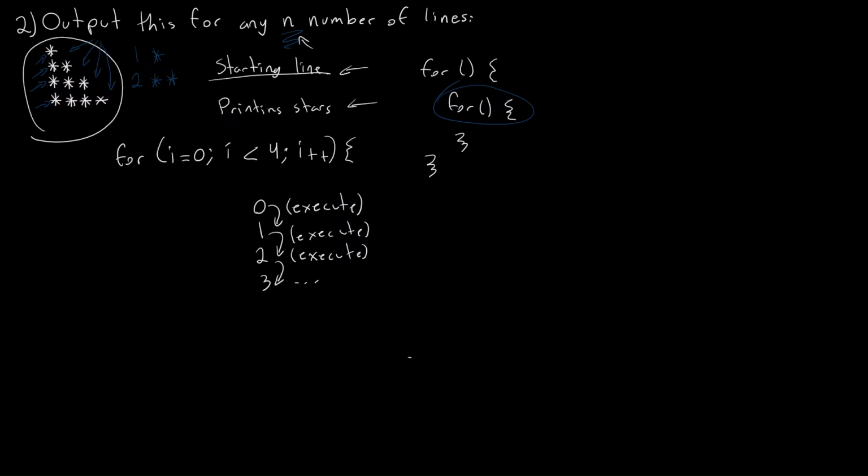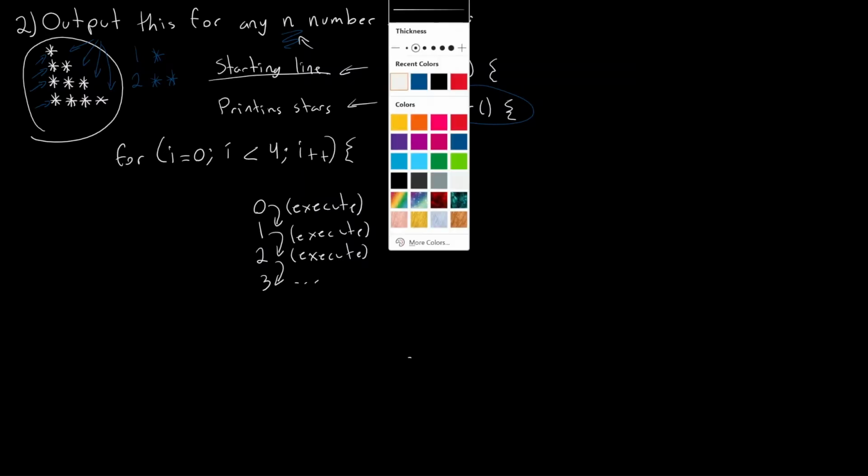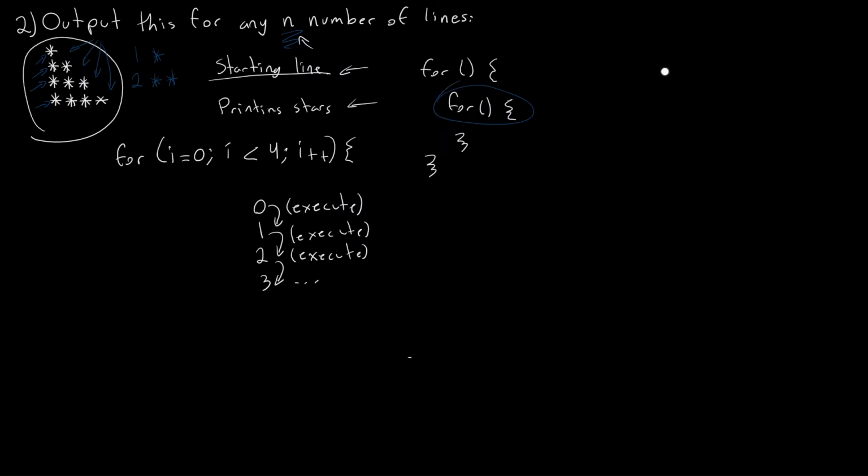So let's start by making it ascend. Logically, when we're looking at this, as we mentioned, we're printing out the same number of stars as the line we're on. So 1 star on the first line, 2 stars on the second line, and 3 stars on the third line, and so on. So what we can do here is fetch the value of I and make it equal to the value of the for loop that we're on. If the value of I is 0, we'll decrement j downwards and make it meet the lower boundary, which is also going to be 0. Okay, I know this doesn't make sense so far, but when I write down the numbers and how they look,